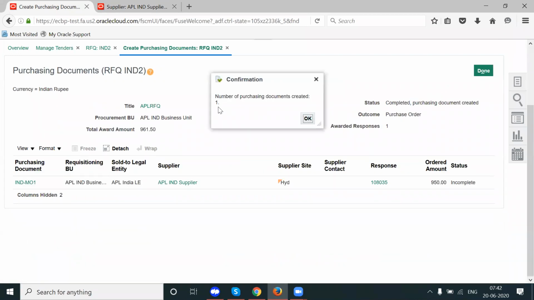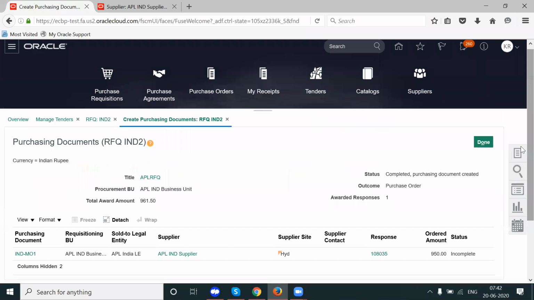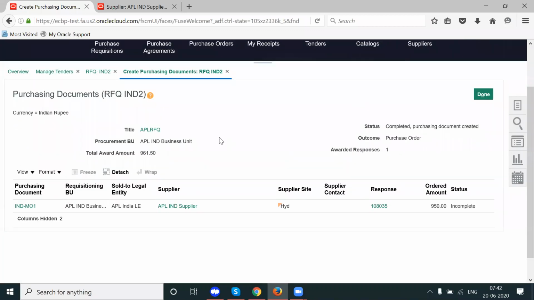Purchase order 1 has been created, nothing but one purchase order, and this is the document number.